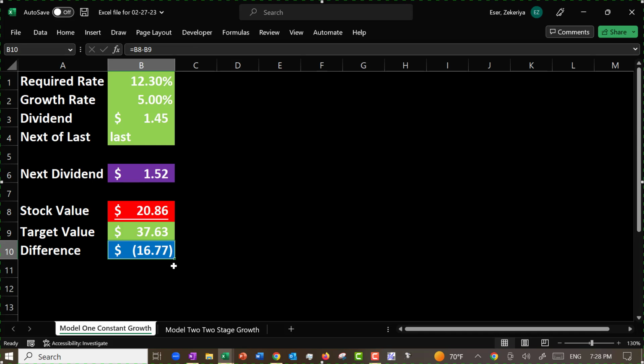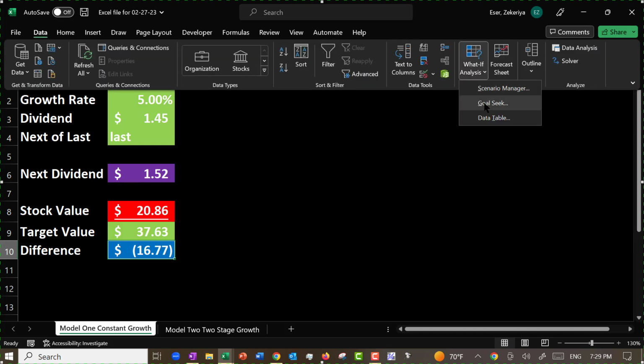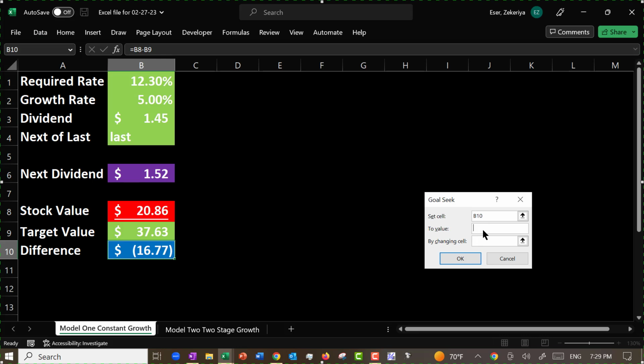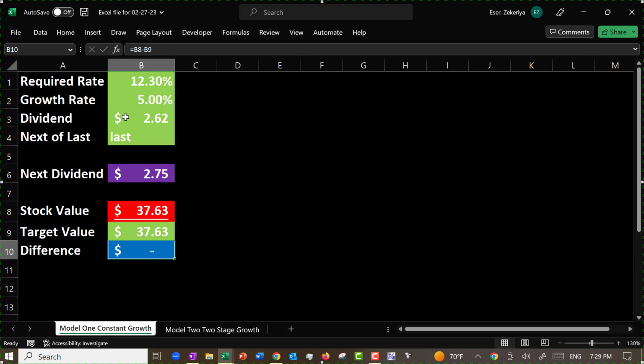Make the difference between the value of the stock and my target value 0 by changing what I don't know, because I know that it's going to be last dividend the way I set it up. 262. Let's do it alternatively using that D1 is going to be